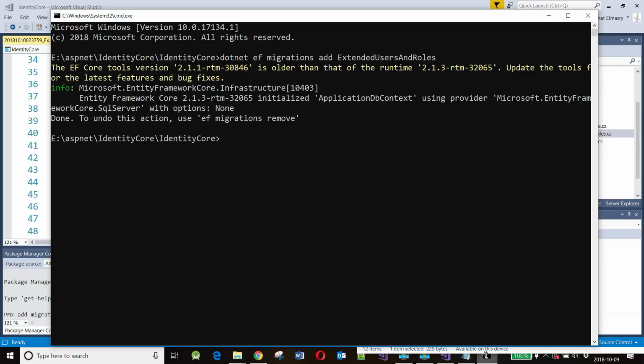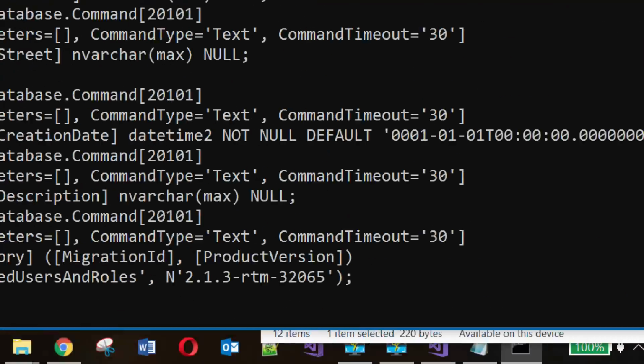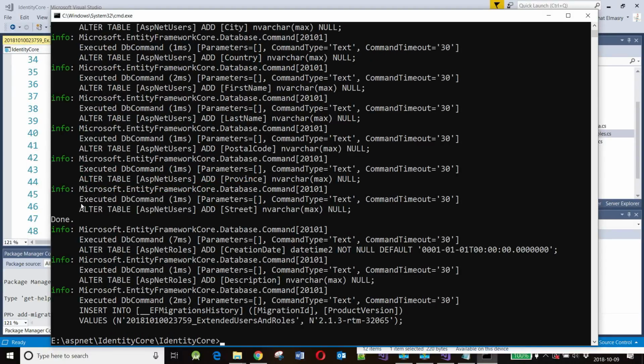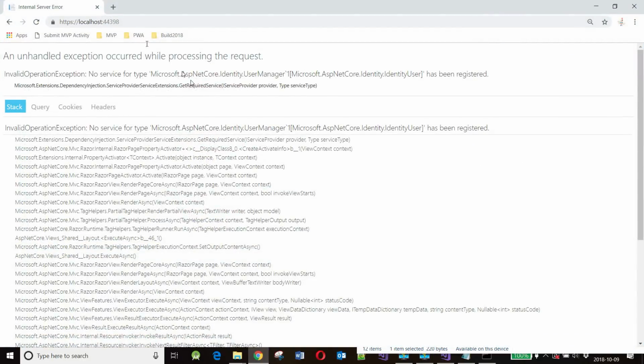So we can go back to this command line utility and go dotnet ef database update. And this should create for us those additional columns in the database. As you can see here, there are a bunch of alter table commands that are adding those columns to the database. Let's run our application now